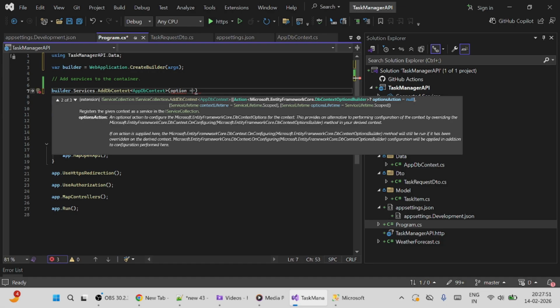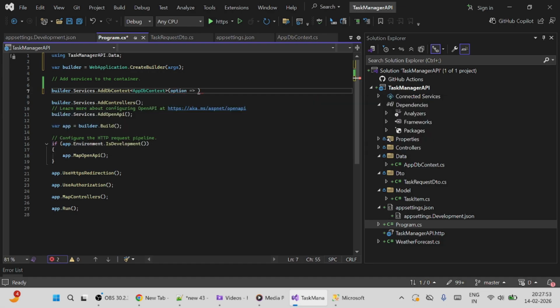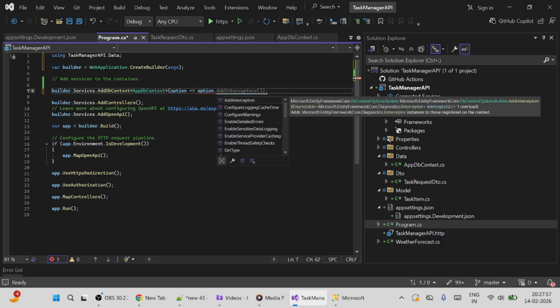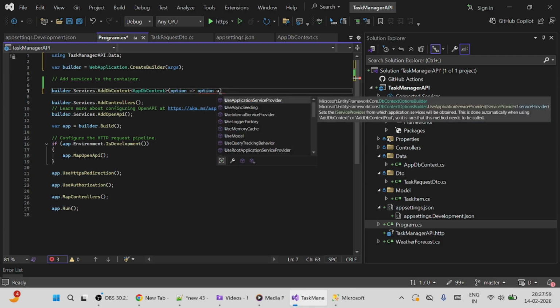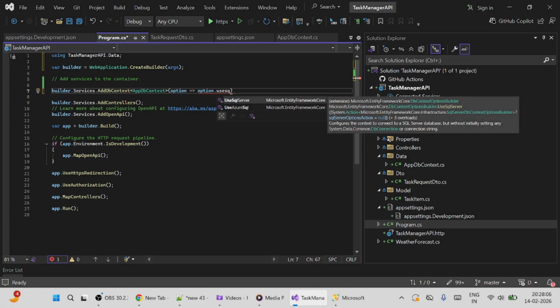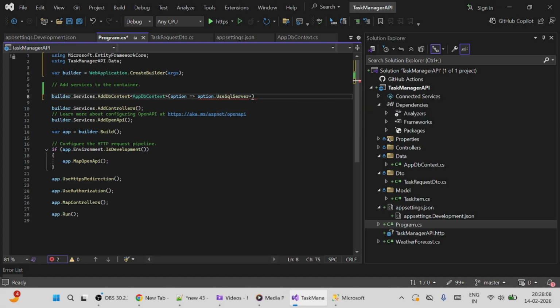Option and expressions. Options dot use SQL Server. Use SQL Server, and in this SQL Server